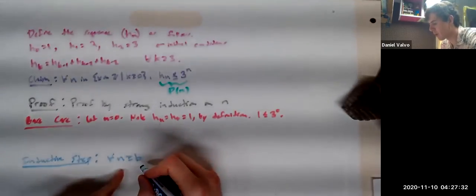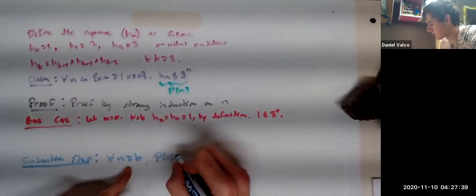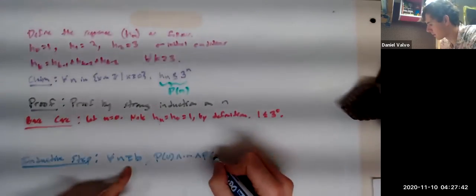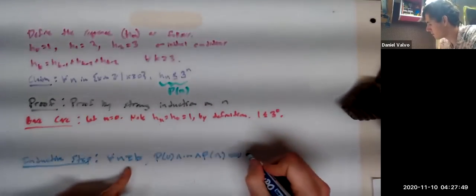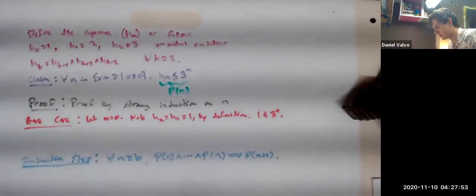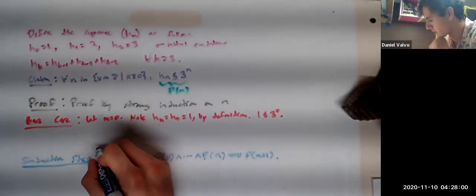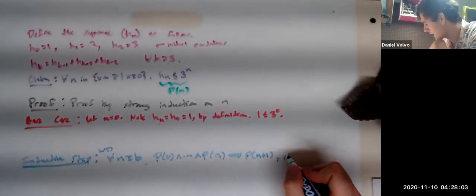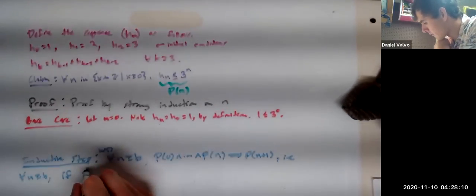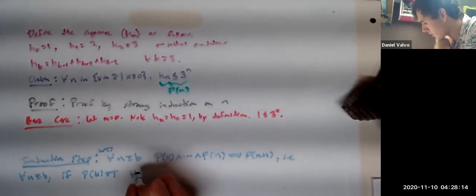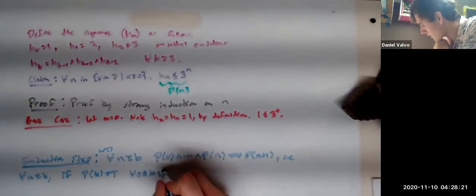So the inductive step is going to say for all n greater than or equal to some b, we're going to fill that in a second, P of 0 all the way up to P of n can be used to prove P of n plus 1. That's the idea, right? So this is what we want to show. I.e., what we want to show is that for all n greater than or equal to b, if P of k is true for all k between 0 and n,